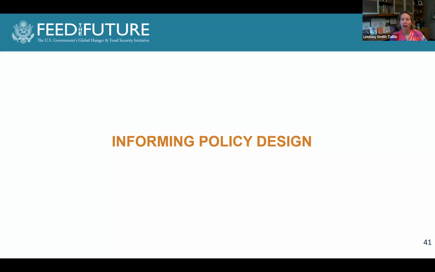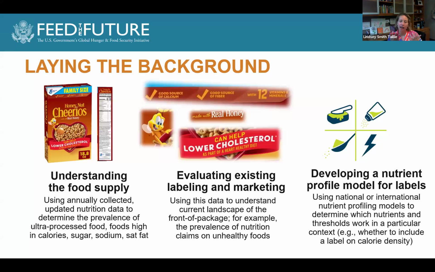What do we do when we're in a case like, I know from having spoken with the Jordanian Ministry of Health and some colleagues there, where we're just starting to think about how do we design these types of policies? When we're thinking about non-communicable disease prevention, what's the starting place for making sure that we're introducing a policy that is evidence-based and is also appropriate for the context of a particular country? So this is the kind of model that we've used in many of the countries where we work.